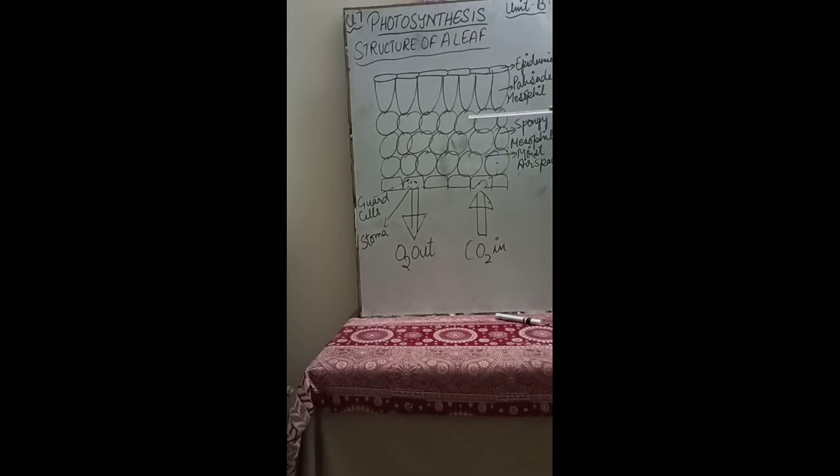And in between the spongy mesophyll there are air spaces, called moist air spaces. As the epidermis is on the upper side, on the lower side also we have flat cells, which is also epidermis. In the lower side of the leaf the guard cells are present. Then there is the stoma where exchange of gases takes place. Now O2 is given out and CO2 is used in the process of photosynthesis.